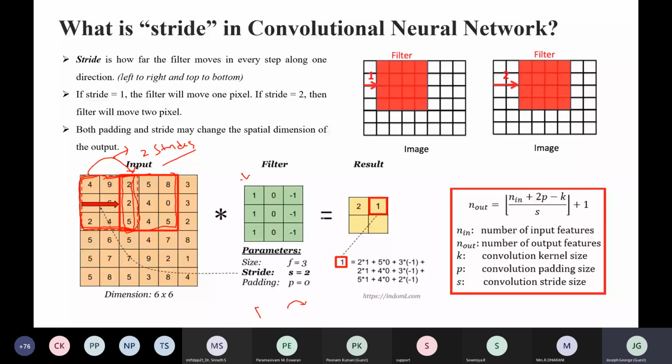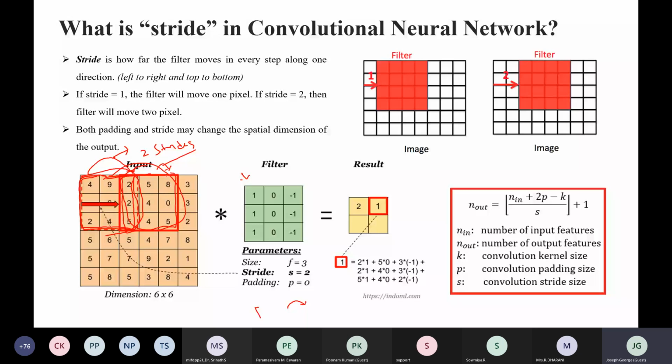For example, in this example, first it will consider this particular patch, and then next it will consider this particular patch, and if you move 2 strides from here, then the patch will go out of focus, so you are not calculating this particular part.